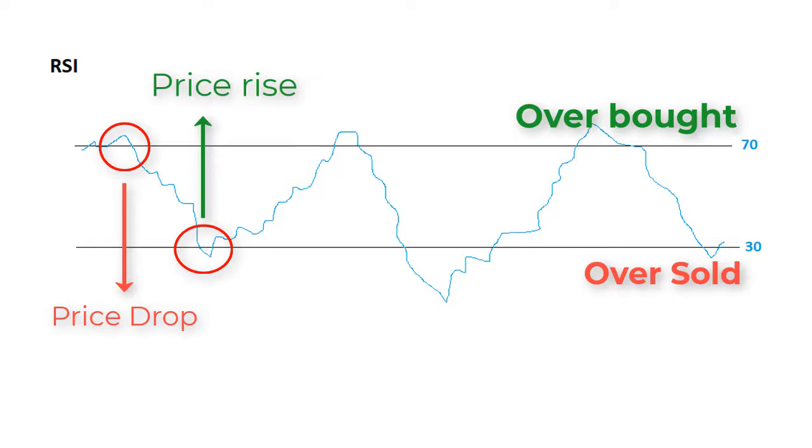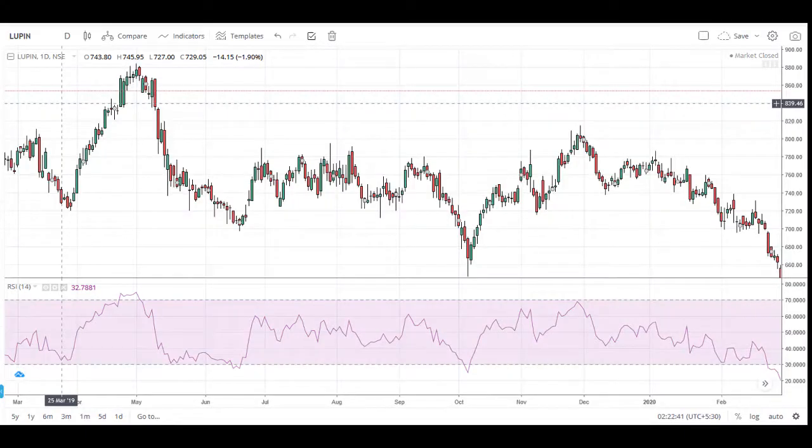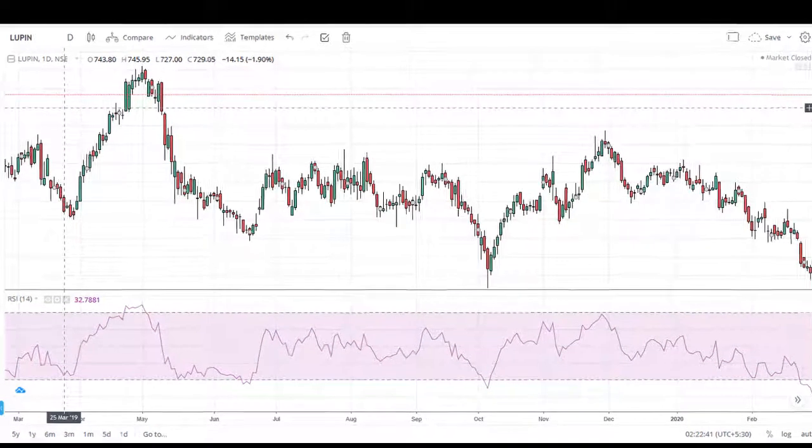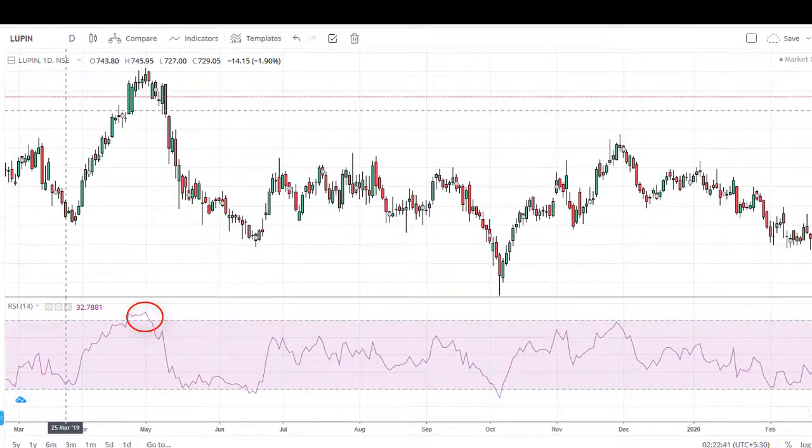Let's see some examples. This is the graph of Lupin, and when you apply the RSI, don't change the settings, keep them as they are. Below, what you're seeing at the 30 level is oversold, and the line above at 70 is overbought. In the first example, you can see the first signal was generated on May 13, 2019, and